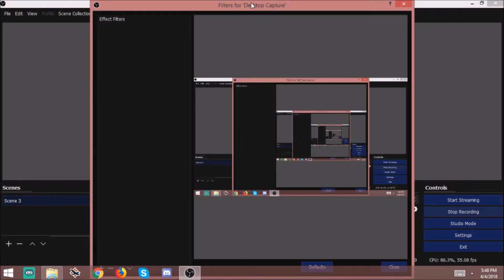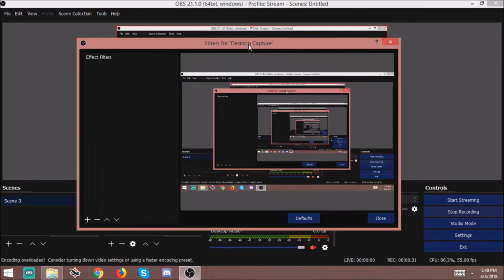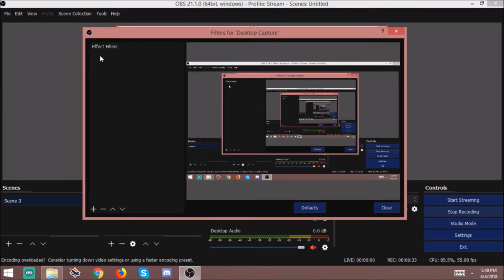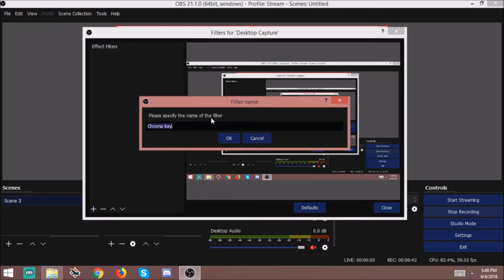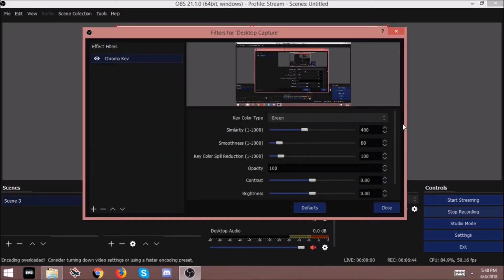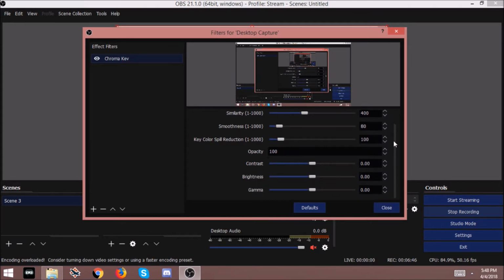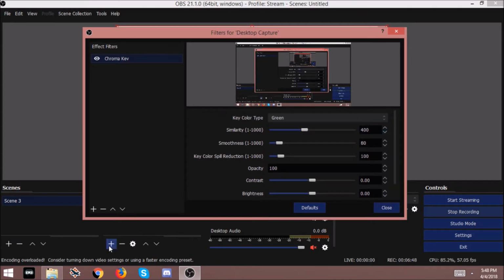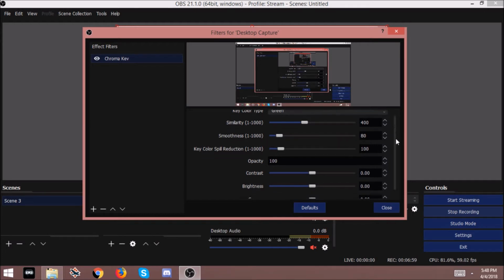Filters are another great thing, and this is where you can add green screen and stuff like that. So if you're familiar with green screens, chroma key is your thing to use. If I was in front of a green screen right now and I had my video source on, then I would just have no background, which if you're familiar with green screens, you know that. And all these are